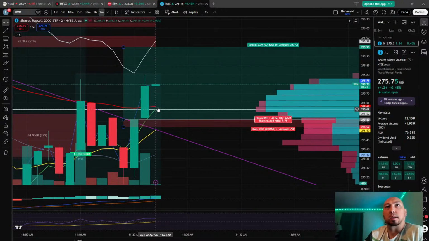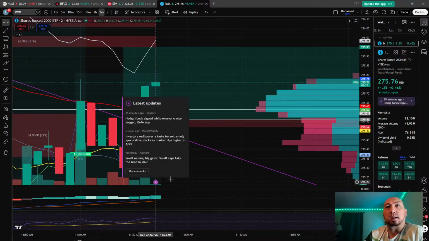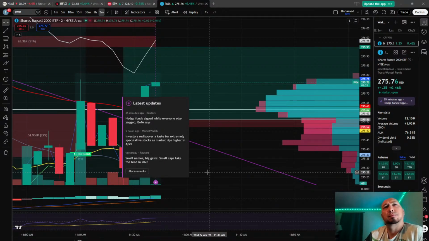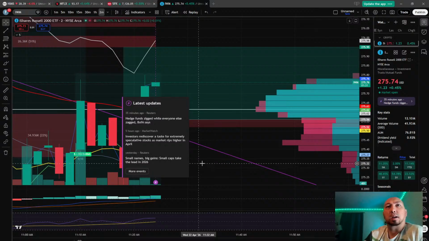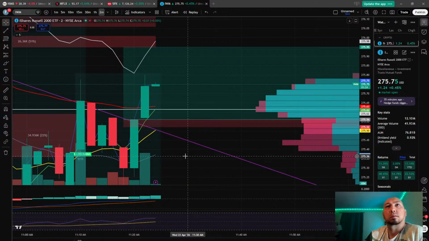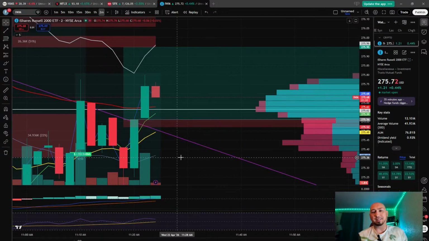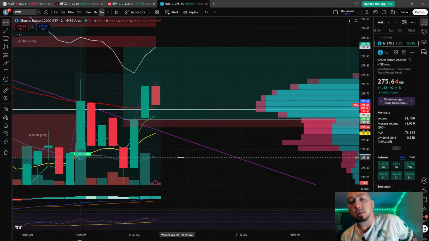But I bet we're going to test real quick here. We're going to get a red candle to test down. Zig and zag. Two-minute time frame.